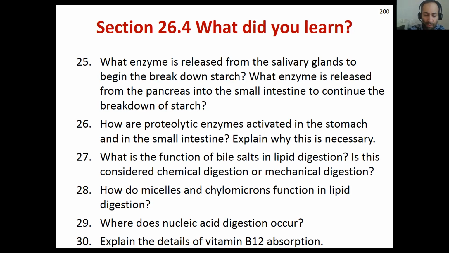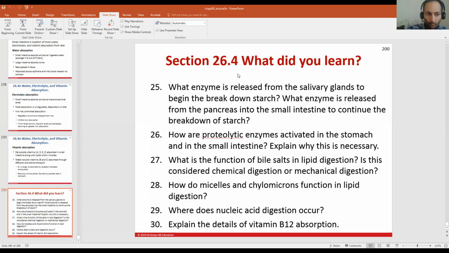Explain the details of vitamin B12 absorption. That happens in the stomach due to the secretion of intrinsic factor from the parietal cells of the stomach. The intrinsic factor helps your body digest and absorb vitamin B12, which is needed for healthy red blood cell formation, right? Okay, so finally, we are done